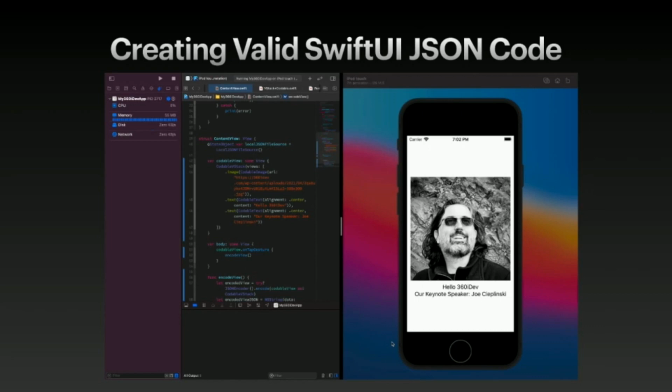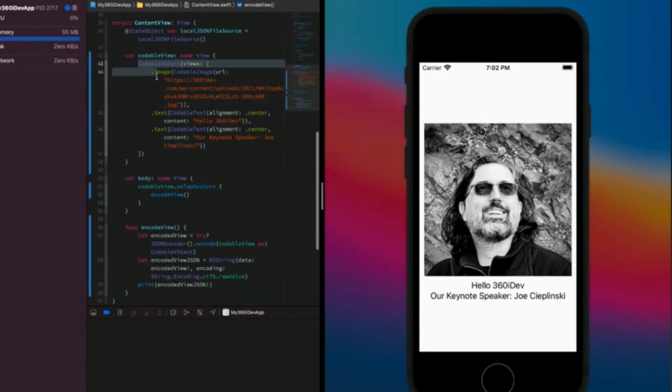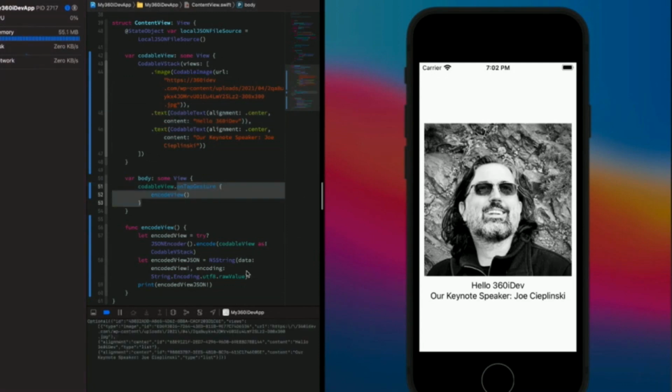So one of the things that we could have done, and that we did, and we're looking at this in a video again in a second, is write your SwiftUI views as you would usually do. You add an on-tap gesture to a button and then you just encode it, right? Which is exactly what I'm doing here, where I have my views already built out at compile time. So I compile it, I look at it, and all I'm doing now is adding an on-tap gesture to encode my whole view, and then the view is printed out to my console, which already gives me valid JSON code as I know it.